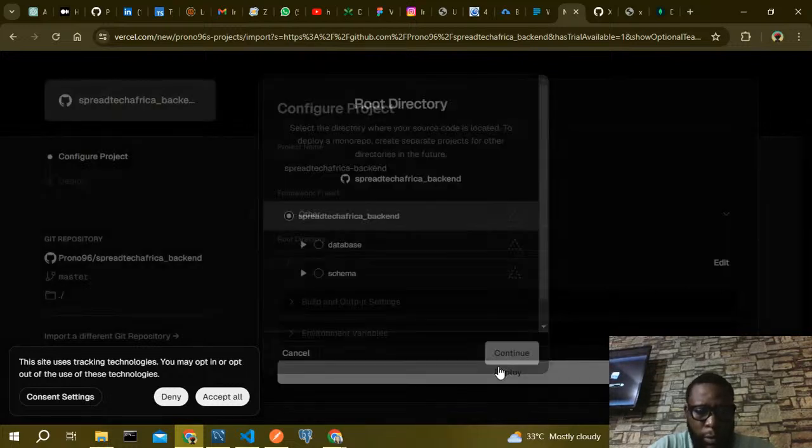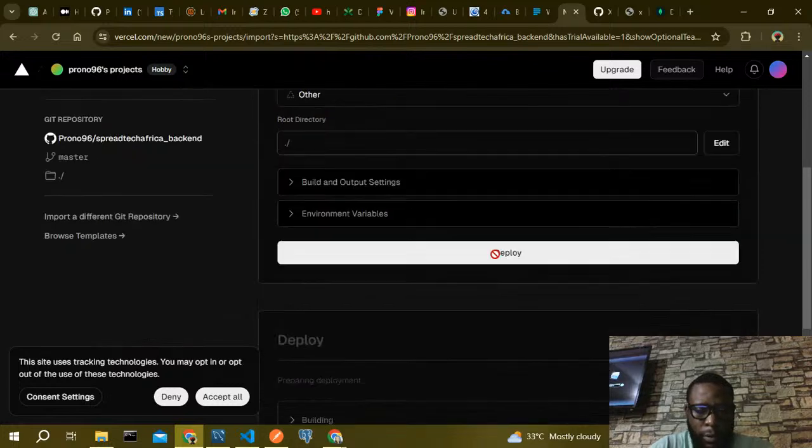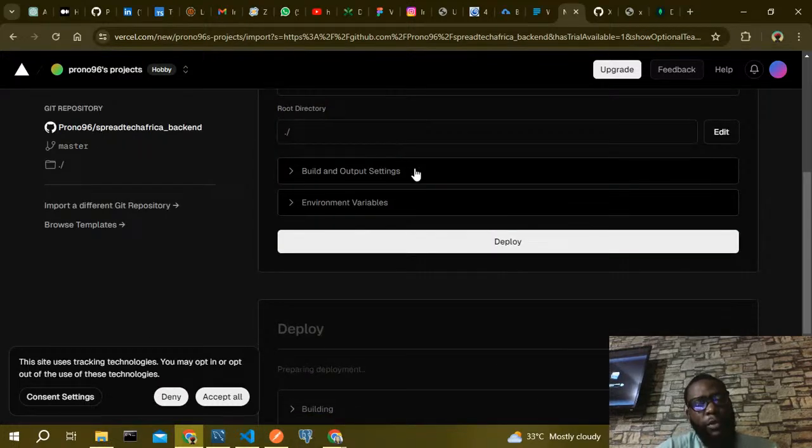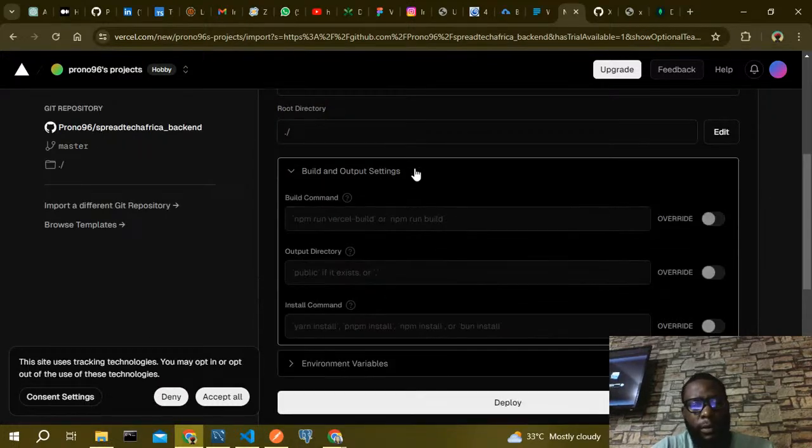Then the build and output settings. Okay, we are going to be using